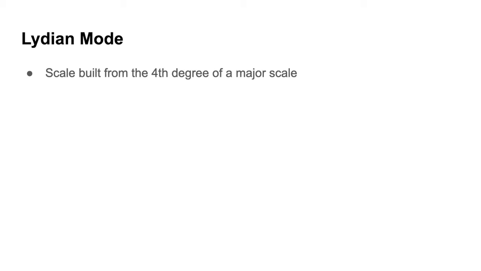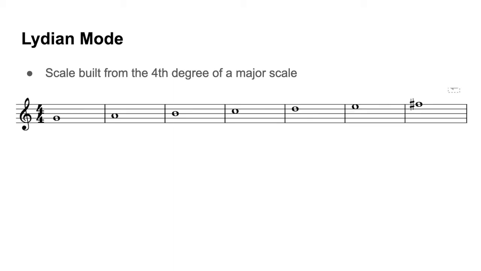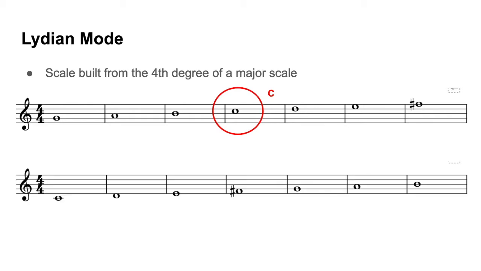And the Lydian mode is a scale built from the 4th degree of a major scale. Let's look at how we would construct this. If I took just a normal G major scale, and then I isolated the 4th scale degree from that, which in this case is a C, and then I rebuilt the scale exactly the same, same accidentals, same key signature as G, except I've started on a C,